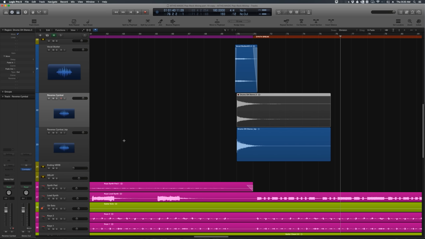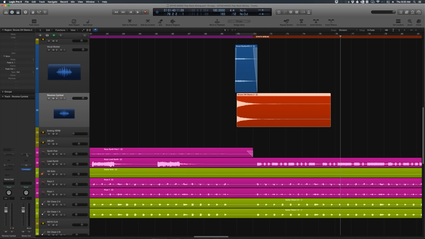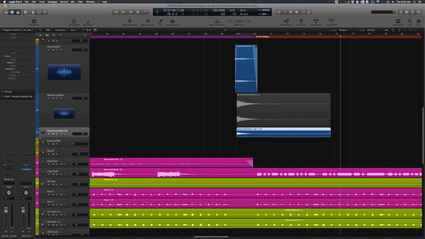So I also made a mistake there. I'm glad I caught that. And I want to make sure that that track is in stereo, not in mono. That one's in stereo. So let's reprint that again. Control B, just hit OK. Prints it down to a new track